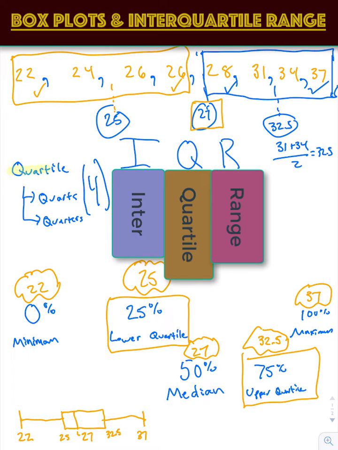So again, usually this is done on a number line, meaning it might say 20, 25, 30, 35, 40. But to give us the idea, that's a really basic box and whisker plot. So we put our minimum right here on the first whisker, is what they call that. Lower quartile at the beginning of the box. The median right in the middle of the box. The upper quartile, the upper end of the box. And the maximum